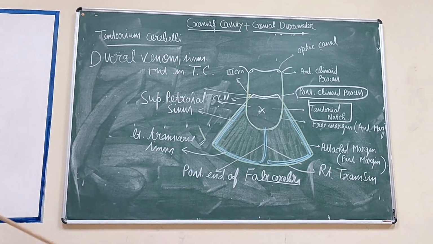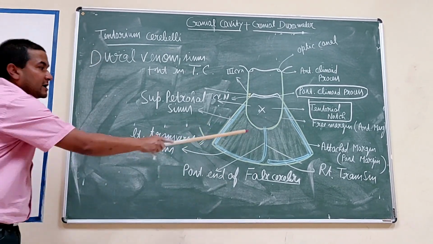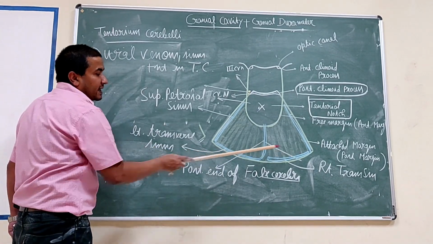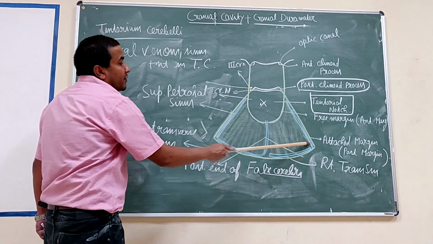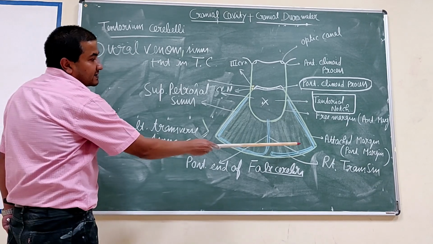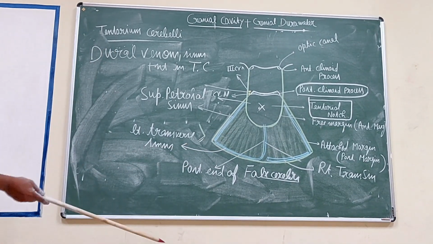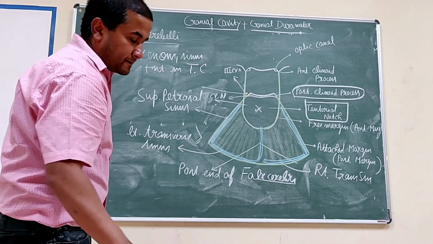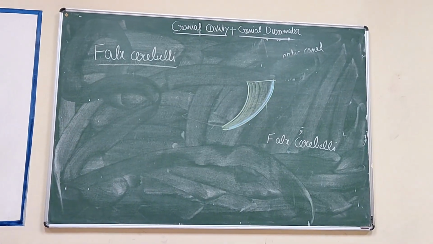So in brief, there is the pair of superior petrosal sinuses, the unpaired straight sinus, and the paired transverse sinuses enclosed in this fold of the dura mater. We see the right transverse sinus is larger than the left transverse sinus, and the reason is discussed in the dural venous sinus classes. Now the falx